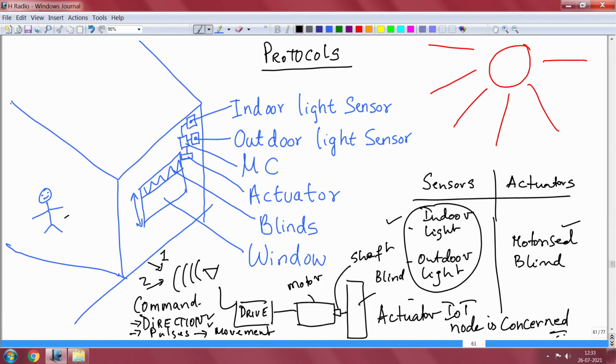You just report the sensor value, and let the IoT node take these 2 inputs, compute and decide how much the motor should rotate, and in which direction it should rotate is inferred automatically.